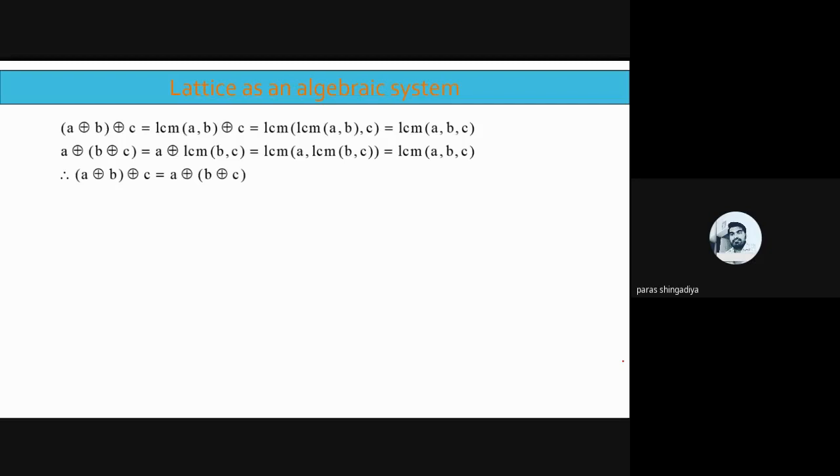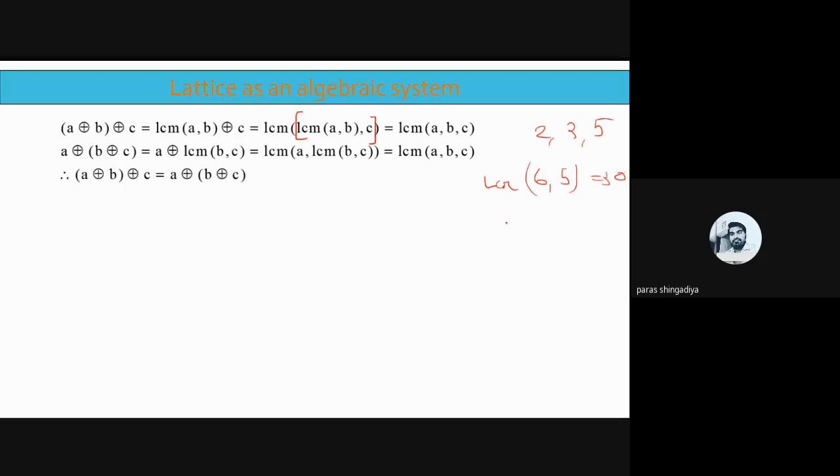Just consider the LCM form, and that is easy to understand. A ring sum B, ring sum C is LCM of A comma B, ring sum C, and just remove the ring sum again. So it can be defined as LCM of LCM of A comma B, comma C. And the same data you can consider there, the example 2, 3, and 5. Clear? So LCM of A comma B, the answer is 6, with the 5. Now LCM of 6 and 5 is equal to 30.